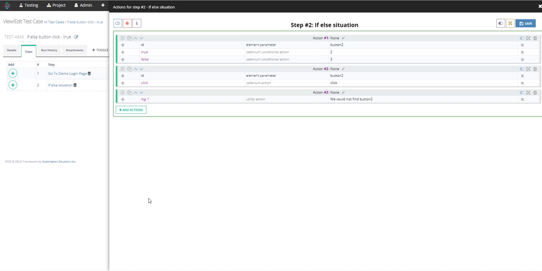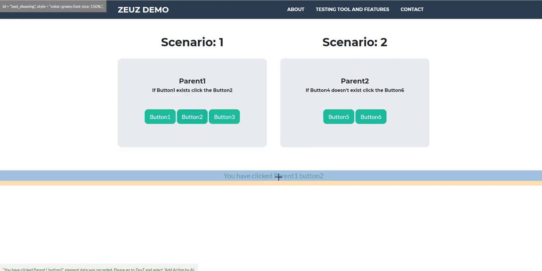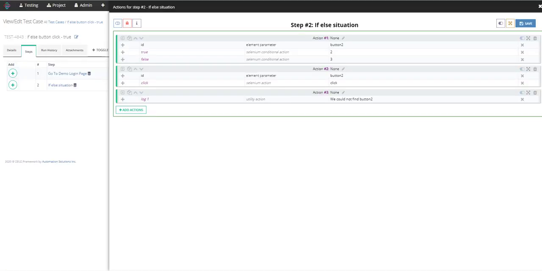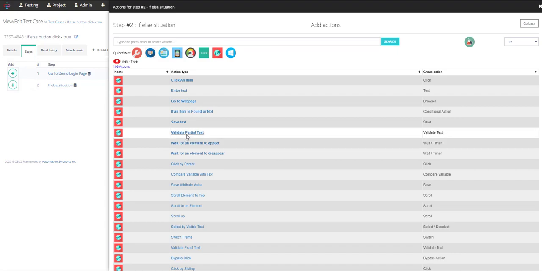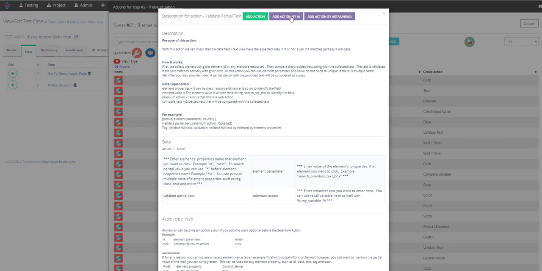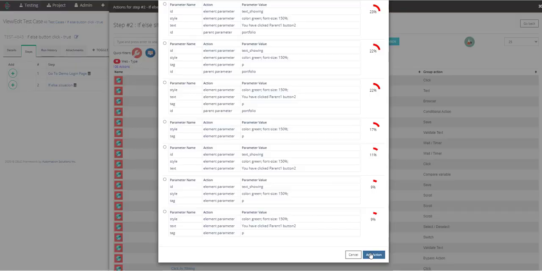All right, now we will go ahead and add the validation that did we click the correct button. So to do that, I'm just gonna look for this text, does it exist? Because if I clicked on button 3 or something else, this text wouldn't have appeared. So let me go ahead and click on this button, the text, and I will now go ahead and add action, validate text. So to the web filter, and then I'll do validate partial text. And in this case, I'm going to add action by AI, and this is the text field ID. So I'll just select that, add action,